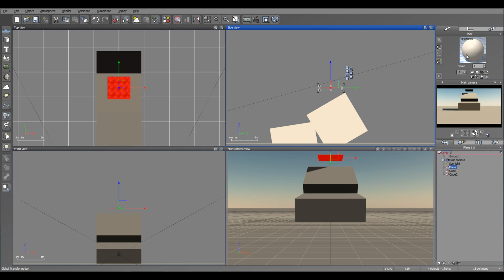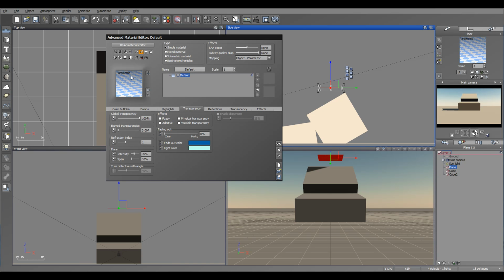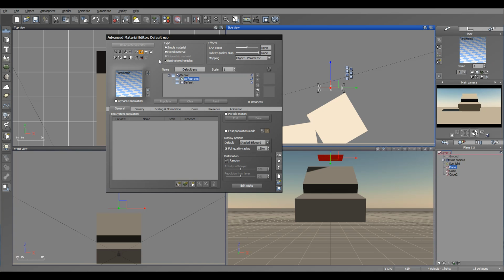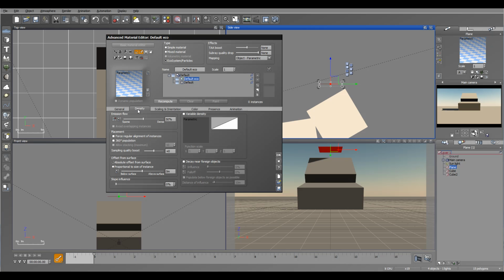Next, we'll go inside the plane and create particles here. The first thing I want to do is set transparency. Let's create an ecosystem and enable particle motion for this. Next, I want to enable populate only once right here, so we don't need